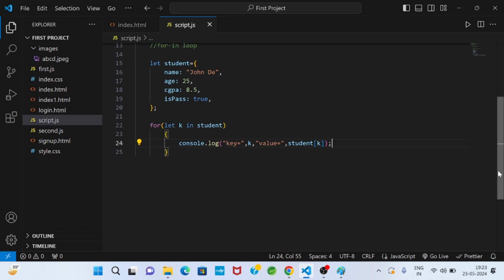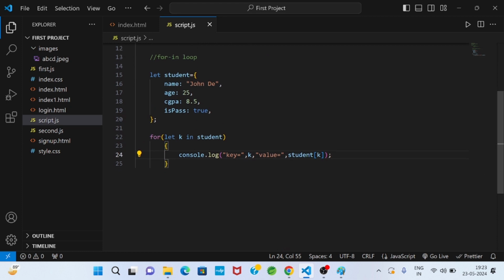Similarly, when we consider an object containing some properties, and we consider each property as a pair, then to retrieve all pairs from an object we use the for in loop. This is the way we use it. So this is all about for of and for in.